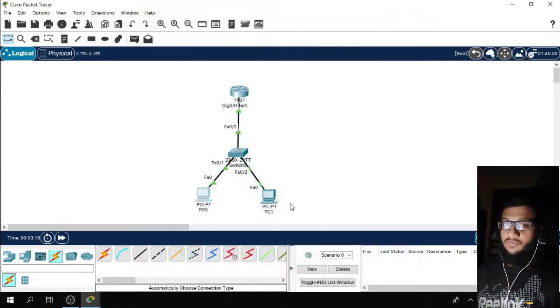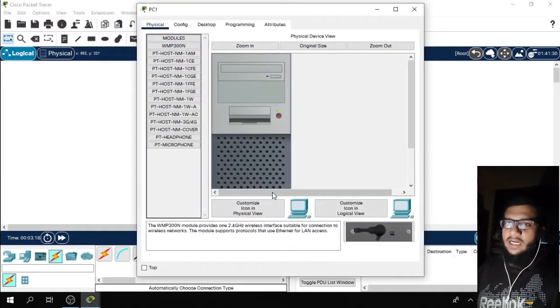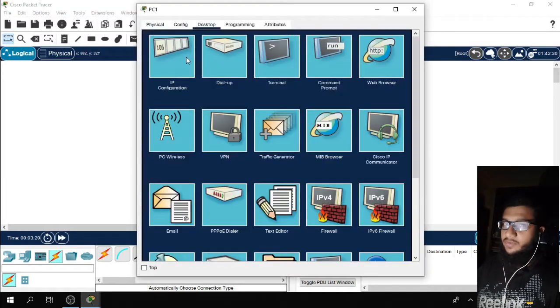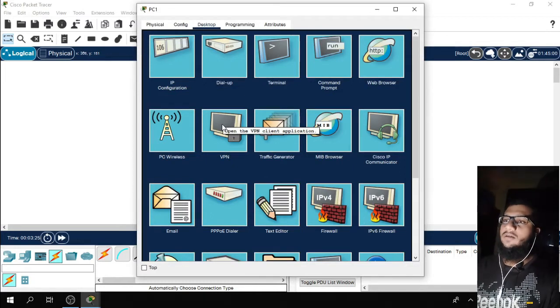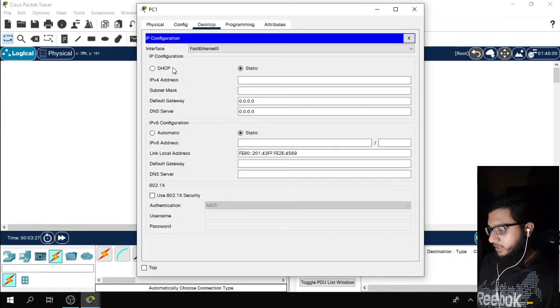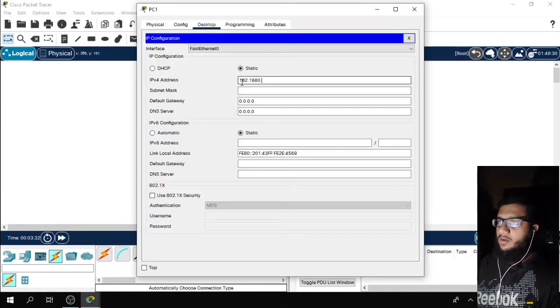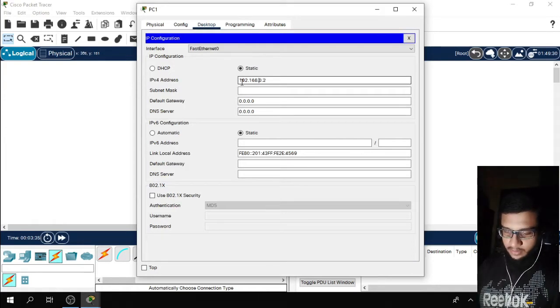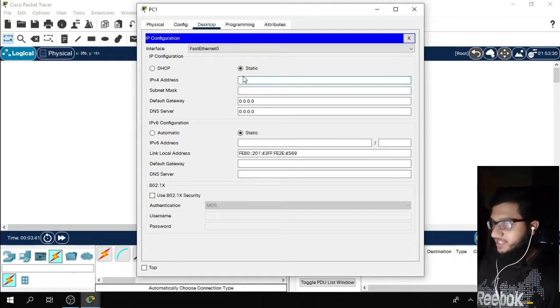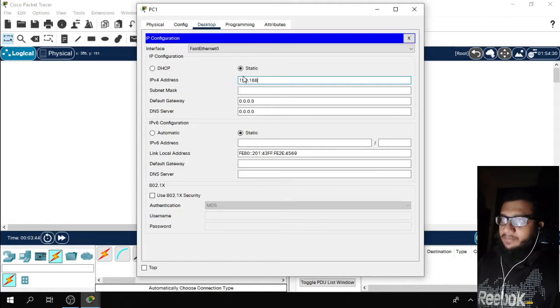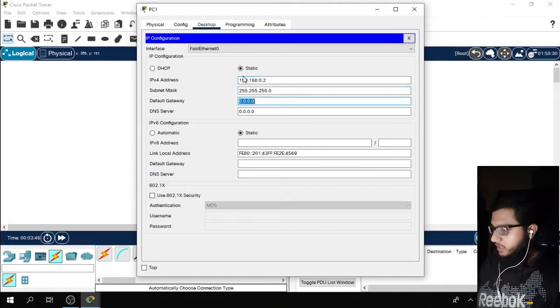I have to assign one more IP address on this computer, so that both the computers will be able to communicate with that router with the help of the telnet command. So just see how I'm doing it: 192.168.0.2, with the gateway 192.168.0.100.